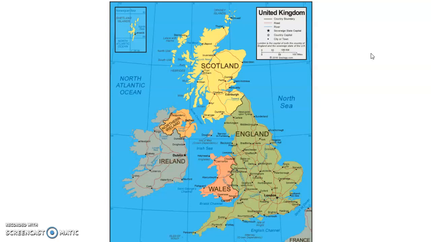So I want everybody to take a look at this map. Okay, so the story that we're going to be reading this week is called The Wind in the Willows, and we're going to read a chapter a day. But before we get to that, I want you to take a look at this map. So the author for our story, his name is Kenneth Grahame. Now, he was born in Scotland. Can you find Scotland on that map? I want you to take a really good look, and I want you to look at the yellow. Do you see it? Do you see Scotland? Perfect. That is where our author is from.